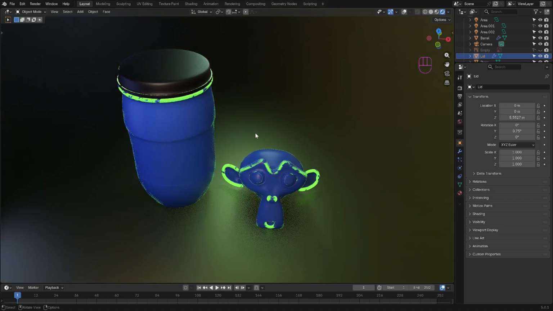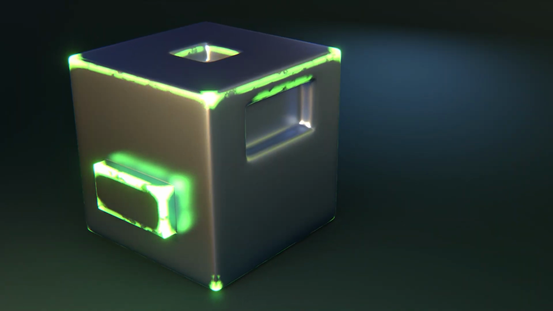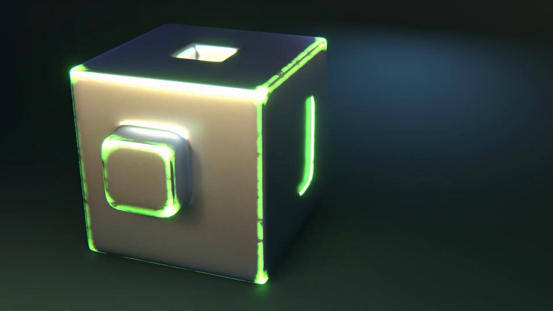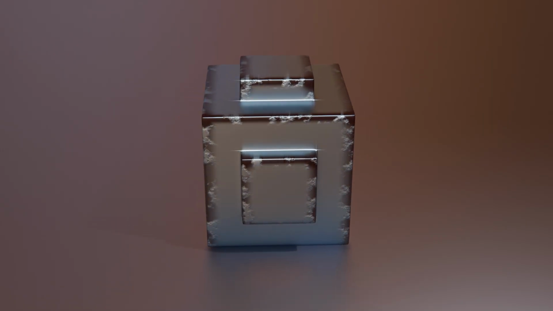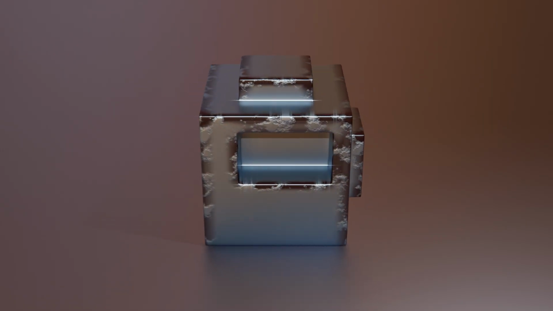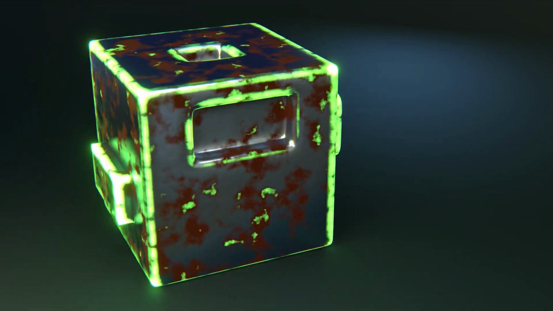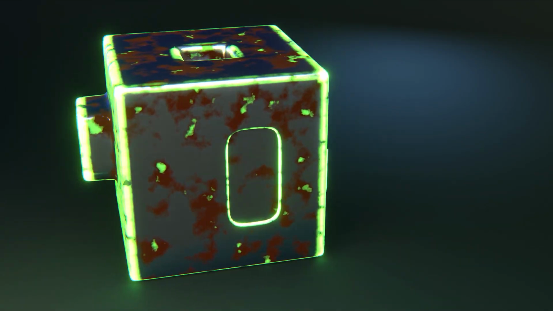Today's Blender tutorial, I will show you how to create an edge map in Eevee in Blender 5. I've used this to add a toxic glow to the edges, but you can also use this to create, for example, rusty edges in Eevee. And this is a fully procedural process that can be adapted to any kind of object. And you can also use this to build more advanced realistic materials in Eevee.